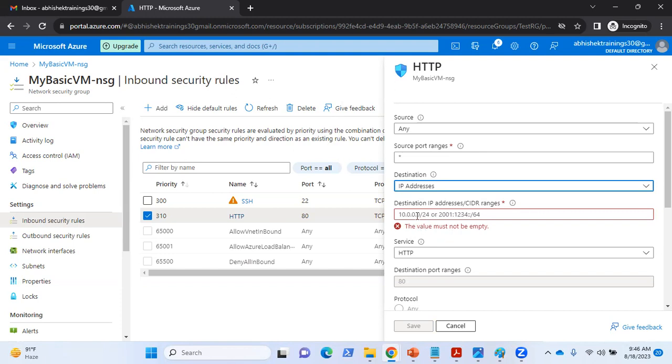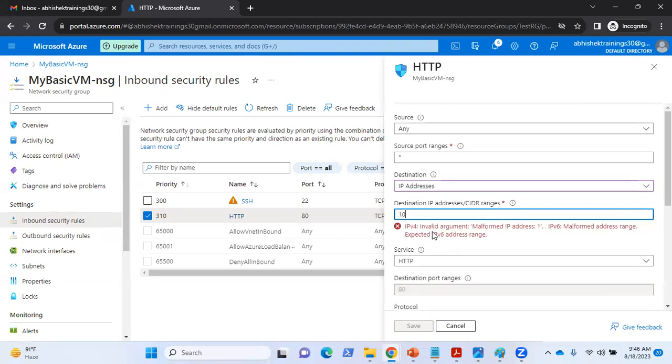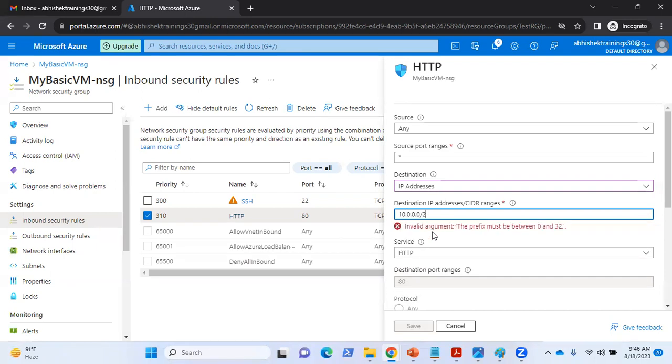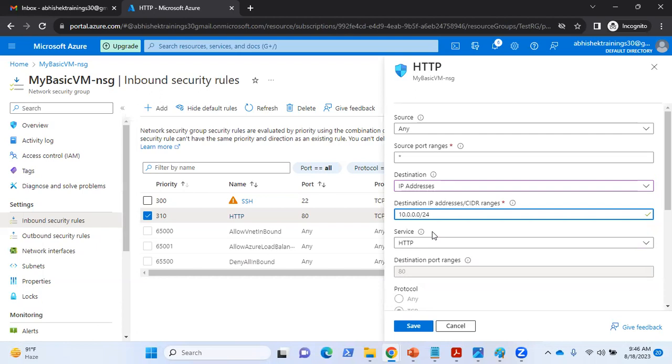So if I am having that virtual machine in a scale set, or in some subnet, and I want all the users from that subnet to access this web server, then I'll give that subnet range. So all the resources inside that subnet can access my web server through the HTTP protocol. I can also give a particular IP address for some machine,